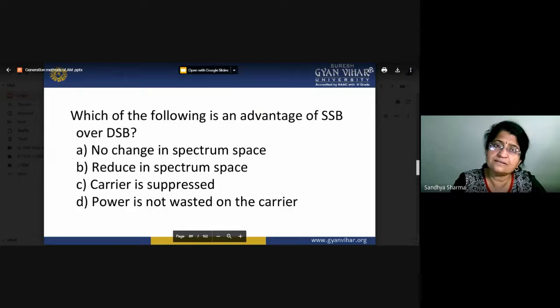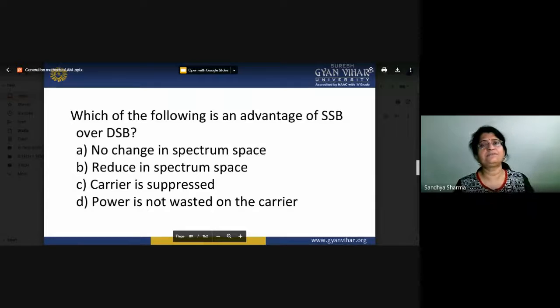So what will happen there? There are a number of receivers. Every person is using that particular radio station. They want to listen to music. So at that instant, we have to send the carrier with the modulated signal, because if we send the carrier with the modulated signal, there is no need to generate the same phase and frequency carrier signal again at the receiver. And if there is no requirement of generating the same phase and frequency carrier at the receiver part,